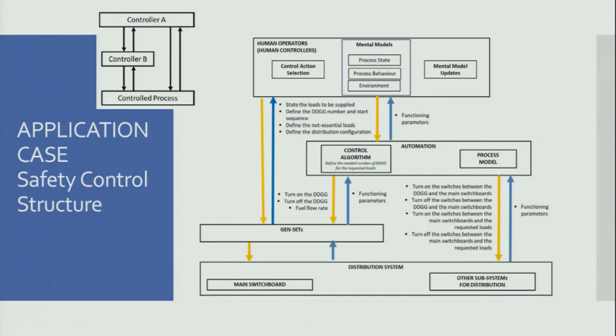In this case, when you select the part of the safety control structure you want to focus on, you are also requested to define the controls that are carried out by the controller on the lower level. So we wrote this list of possible controls and feedback. And then we decided